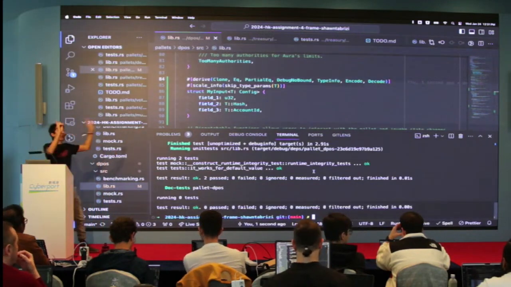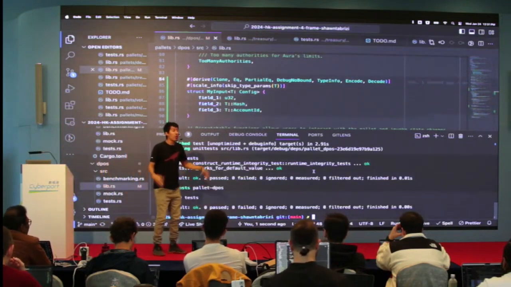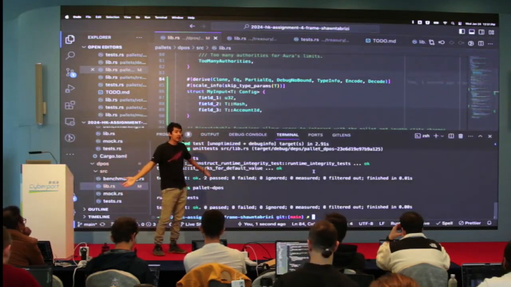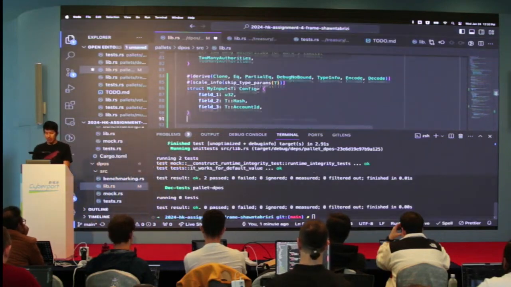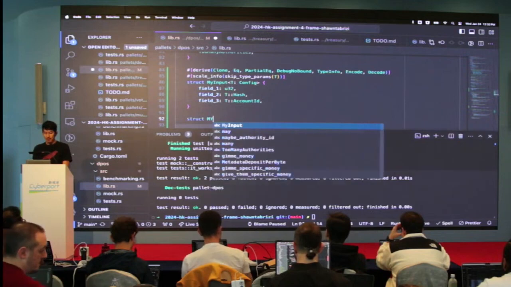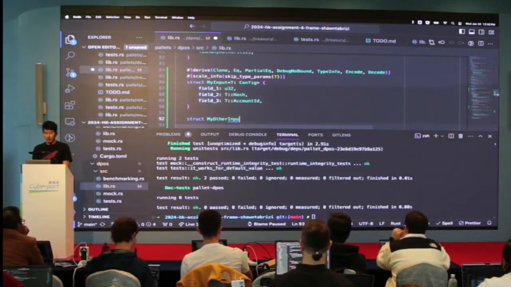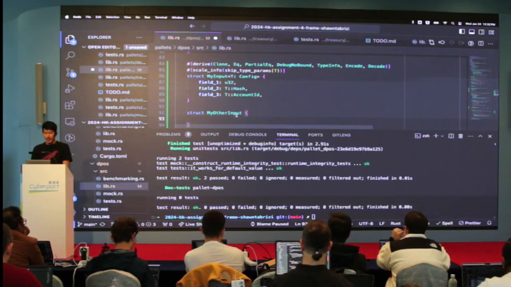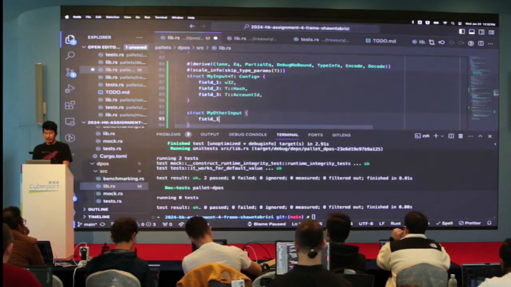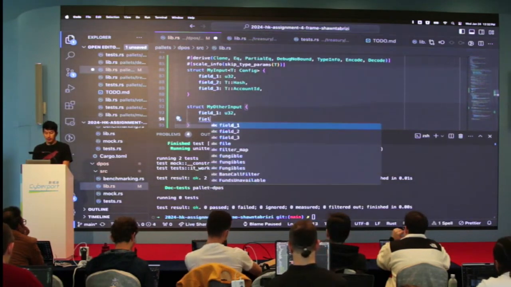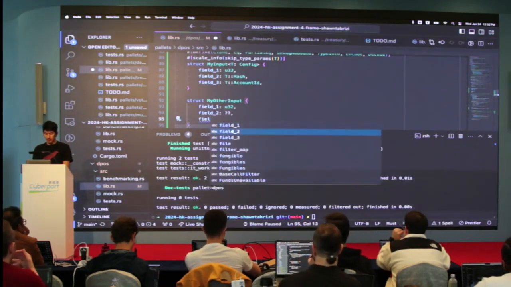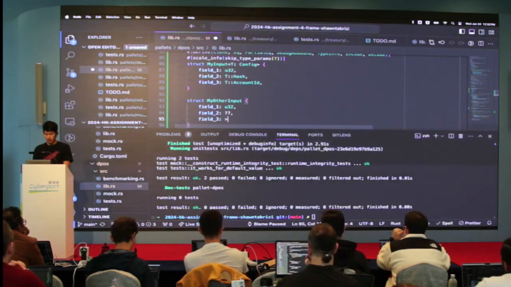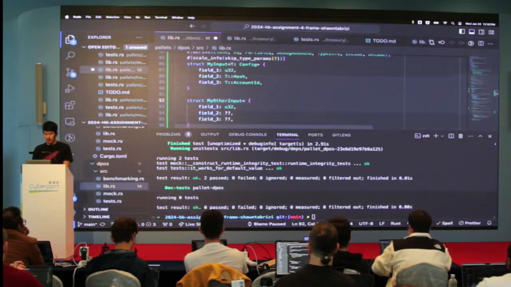But now, what is the other solution? The other solution is, what if we could write this struct without involving T? Then we would never have this problem to begin with, right? So let's do that. Let's do my other input. And we have field 1, u32. Field 2, I'm going to leave as a question mark. Field 3, question mark. And we want to ignore T, so maybe there's other stuff here.